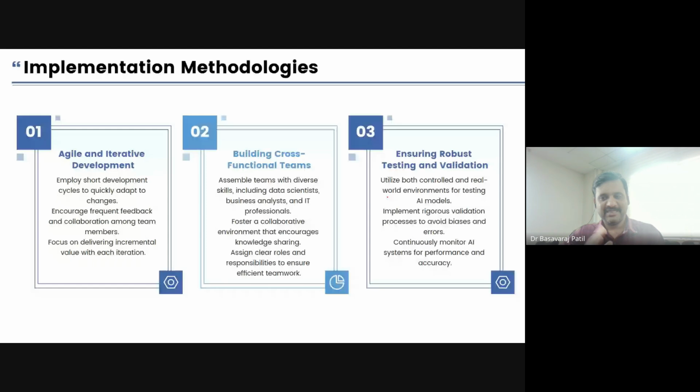Then once the applications are built, we have to rigorously test them, not in real time. They should be tested with real test data. Directly we cannot come into real-time use, because it could hamper society, the community, or the person to whom you are applying it. So in every sector we have to train the models with trial and error methods. Earlier the same process used to happen, but it is improving in efficiency, built as robust, scalable, reliable, using these AI-based concepts.